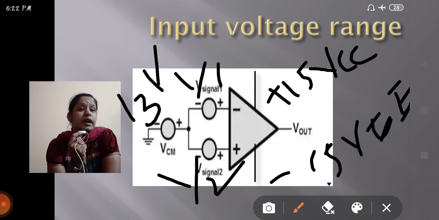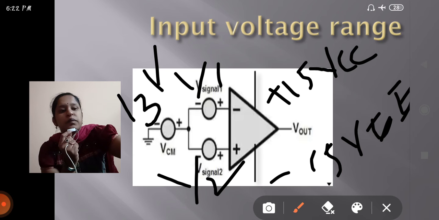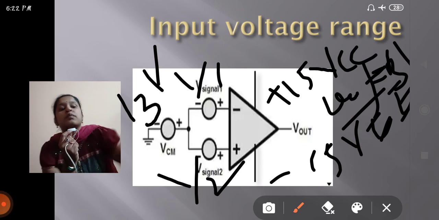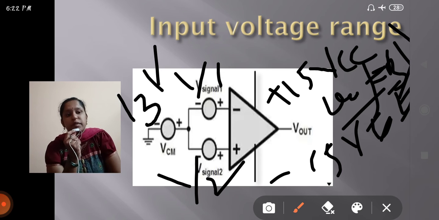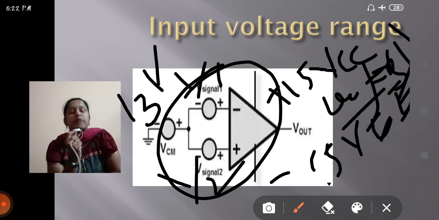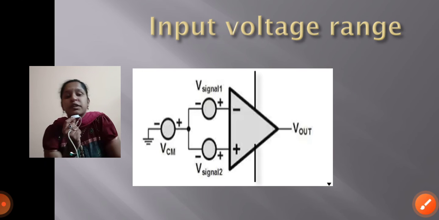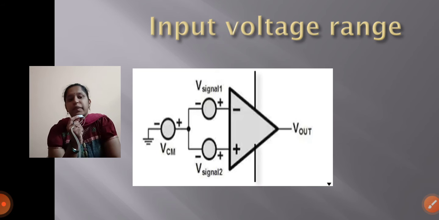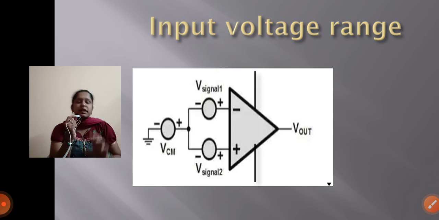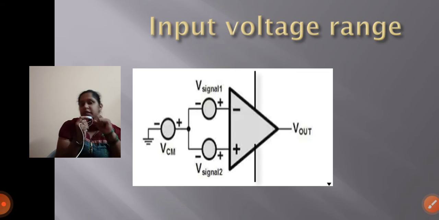How much will you get? You have to short it. Obviously, the output will be 13 volt plus or minus. If it crosses this input voltage, our whole IC will be damaged. That is the range, plus or minus 13 volt. We have to adjust it by this circuit. These circuits are all simple, with only quite small changes.